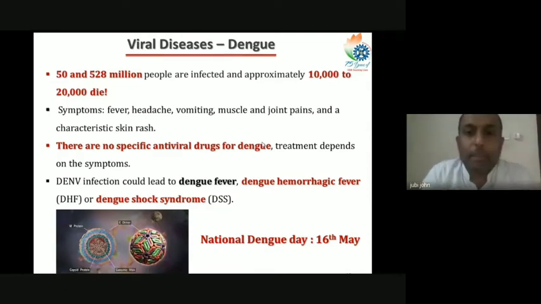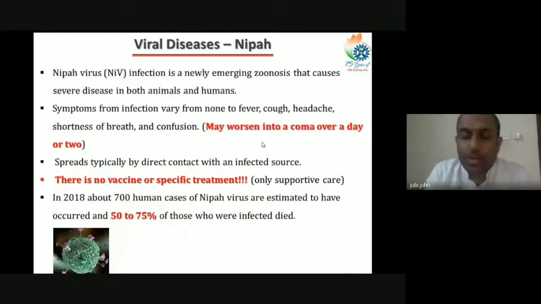Okay, coming to Nipah. I'm quite sure that we all came to know about this after the first outbreak of this viral infection in 2018 in our state. And I want to emphasize that we are all alive here and healthy because we live in Kerala. And we have to appreciate the health machinery in our state, because otherwise,